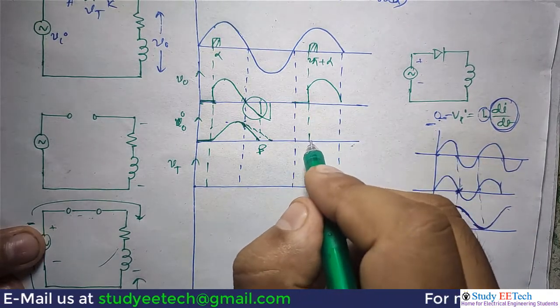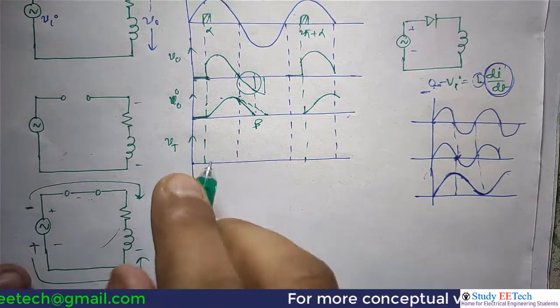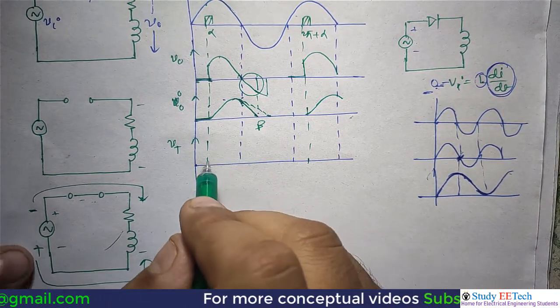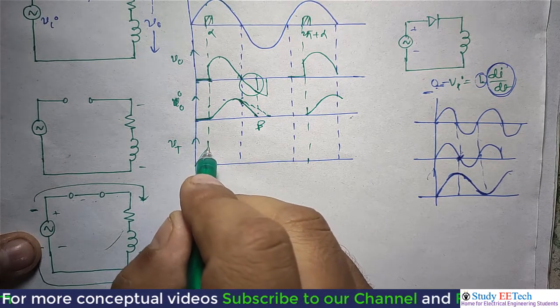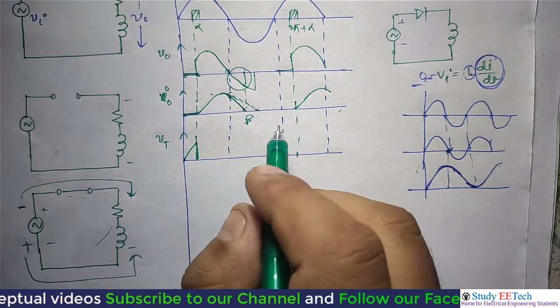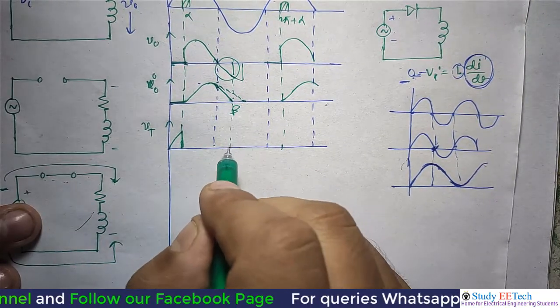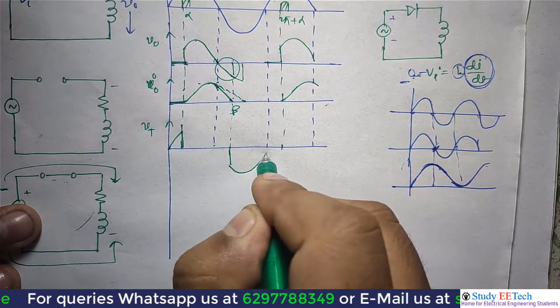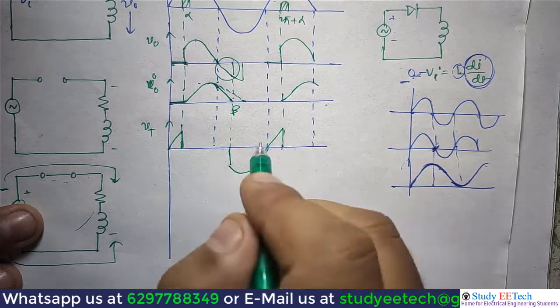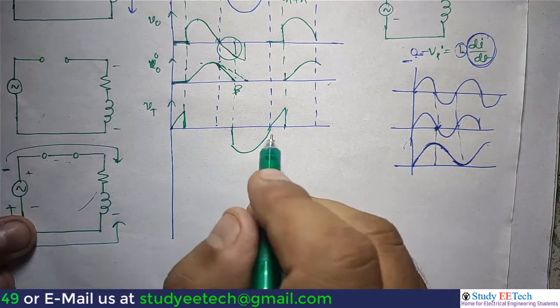Alright, the same things will happen here. Now in the portion where the thyristor is not conducting, we will get the output voltage. This is quite similar to the previous video. Now instead of from pi, we will get the output voltages from beta. So this will be the output voltage, the voltage across the thyristor.